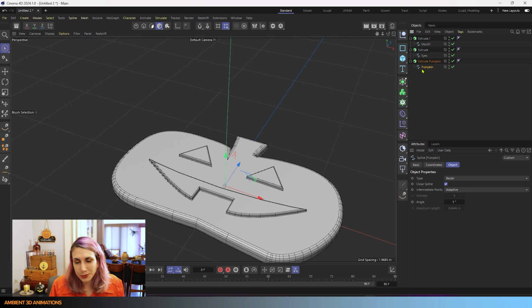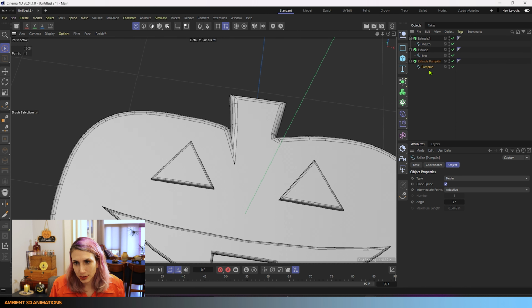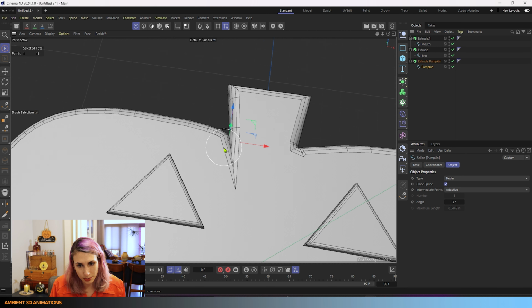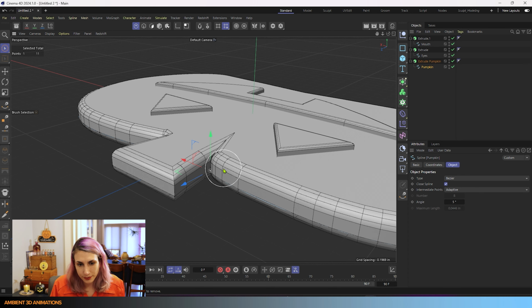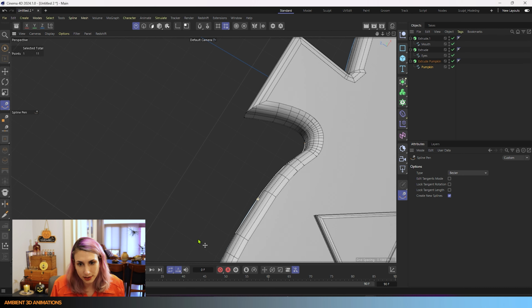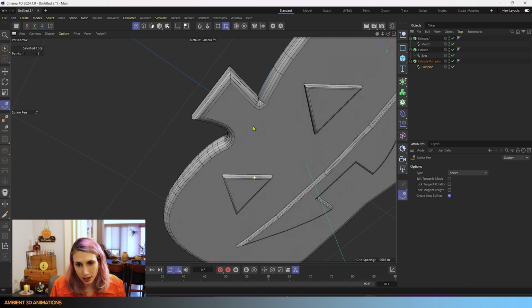You can also still go back and edit these splines so they aren't permanently set how they are once you put them inside the extrude. So let's say I'm not liking this point right here and I'm not happy with it. I can go ahead and click the point, and it might be hard for you to see, but that point is selected. And I can go back into my spline pen and I can make this a soft tangent if I'd like to. And now that looks a little bit nicer actually for our cookie.